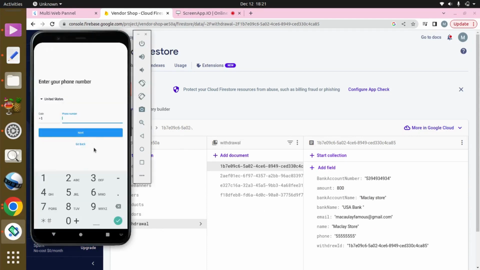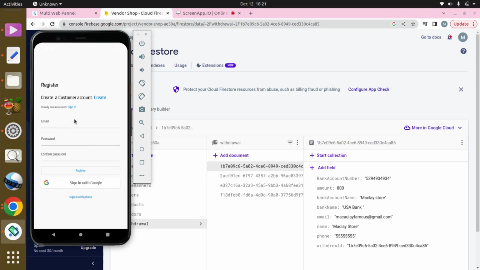Okay. And first of all, I'm just going to go back. Then I'm going to create an account for the vendor. Okay. Now it's asking for the email. The email address is going to be Sonia Store 1 at gmail.com. And the password is going to be